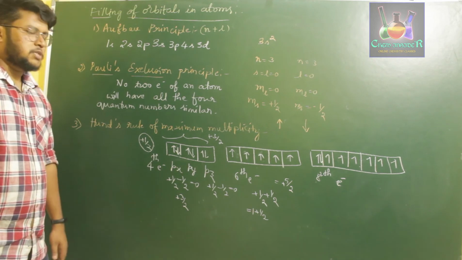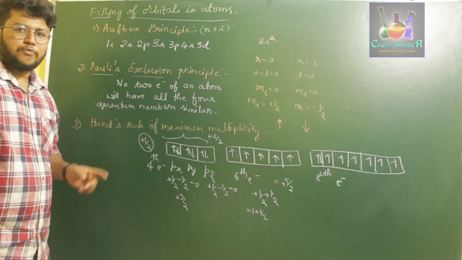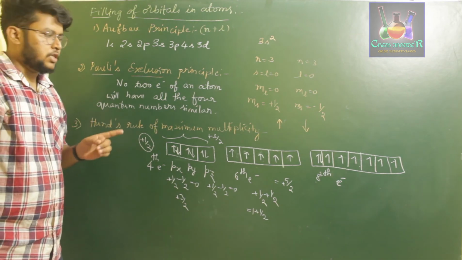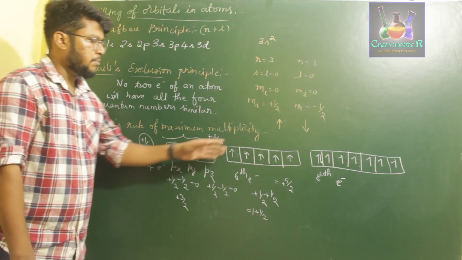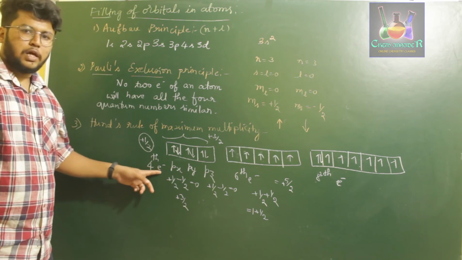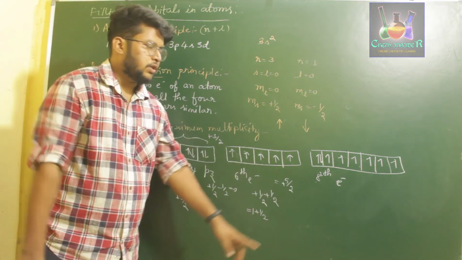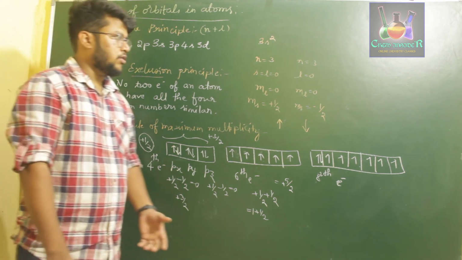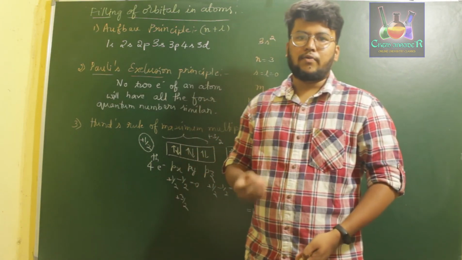So Hund's rule of maximum multiplicity is stated as: the electrons to be filled in the orbitals of p, d and f must first fill all the orbitals singly. That is, all the orbitals of the given subshell should be singly occupied. Only if it is completely singly occupied can you pair. So for the p orbital, the pairing starts with the fourth electron, for the d orbital it starts with the 6th electron, and for the f orbital it starts with the 8th electron. So this is about the pairing of electrons and the rules we have to follow in order to fill the electrons in the given orbitals of an atom.